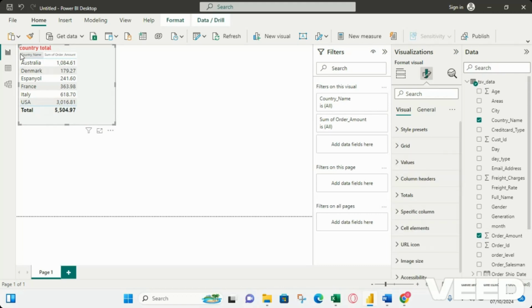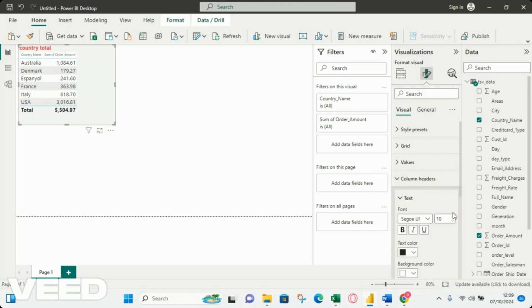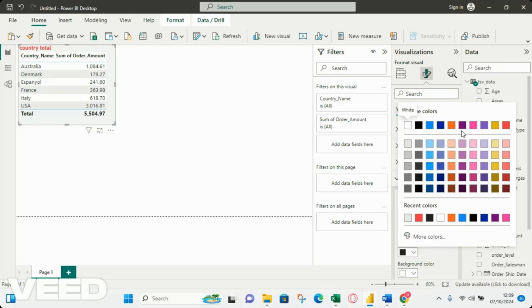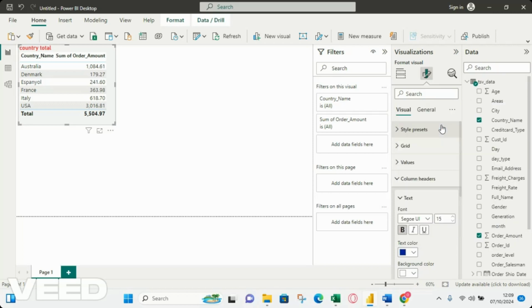The column headers are for all of these. If I click on it here, I can increase the font too. If I increase the font, you can see, and then I can make it bold. I can say I want to change the color to, let's say, this,